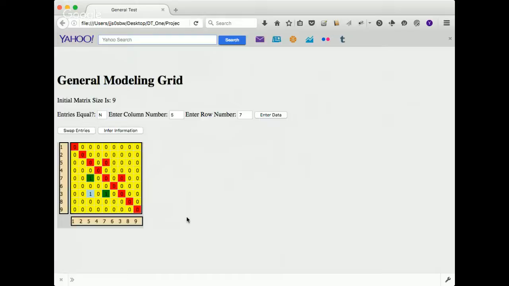The green with a 1 means that by empirical information, by data we've gathered, we know this is true. And the blue with a 1 means that using logical inference based on the empirical data we've collected, we know that this is true. So the blue 1, we didn't ask that question. We were able to determine that using logic.